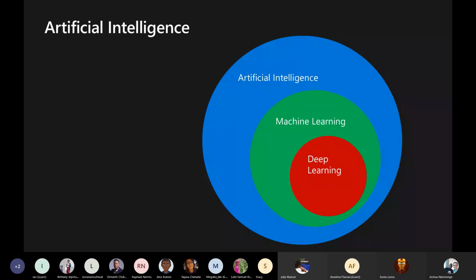Machine learning is this set of algorithms that are used to train a neural network. Deep learning itself is a subset of machine learning that is composed of layers of neurons that are stacked